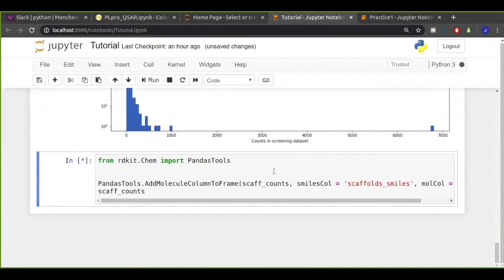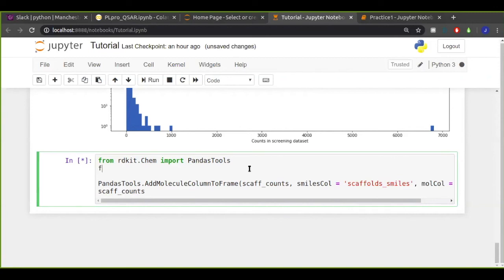One of the discrepancies between Colab and Jupyter Notebook when it comes to PandasTools is that in a local Jupyter Notebook, you have to generate an HTML of this Pandas data frame in order to have it actually render the molecules.